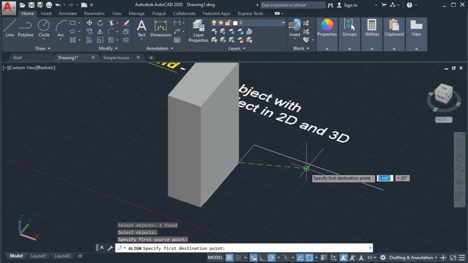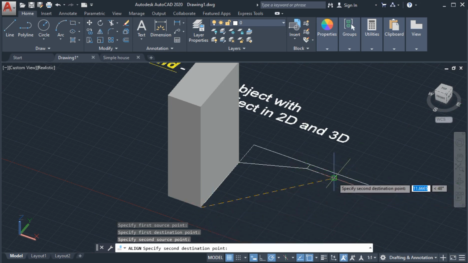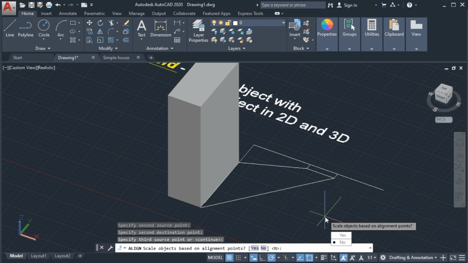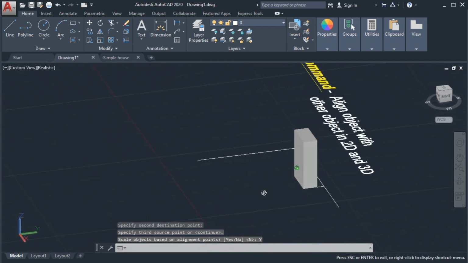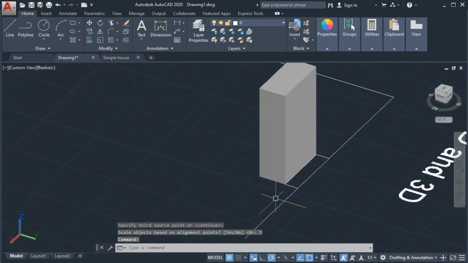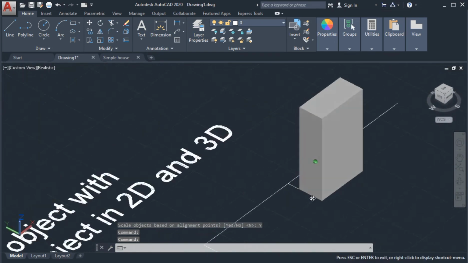So let's say the first one is here and the second one is this one, and then enter, and we're going to scale on the alignment point. So this is our alignment point, so the result is that the object will be scaled to this size. So yes, so this is now the outcome of the scaled object. We use the align command.